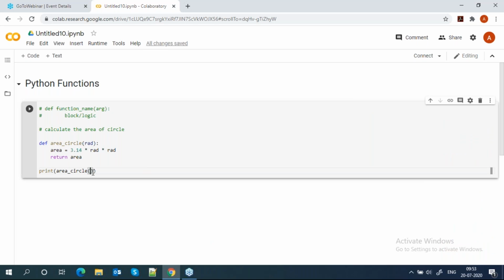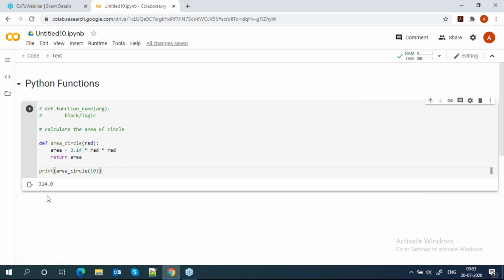Suppose I pass 10. You can see that this is my value, 3.314.0.